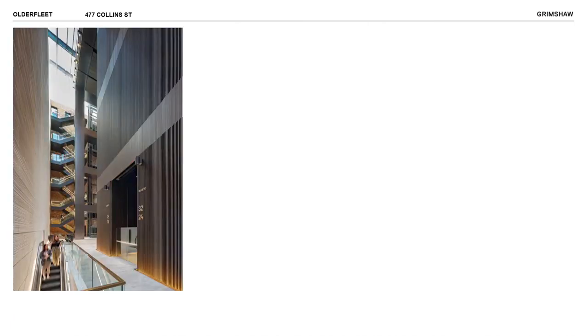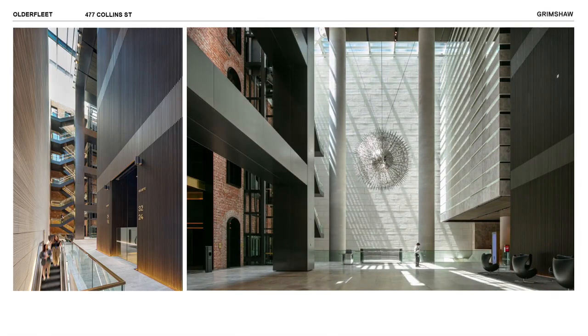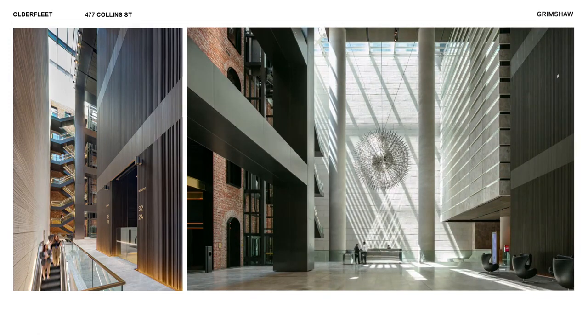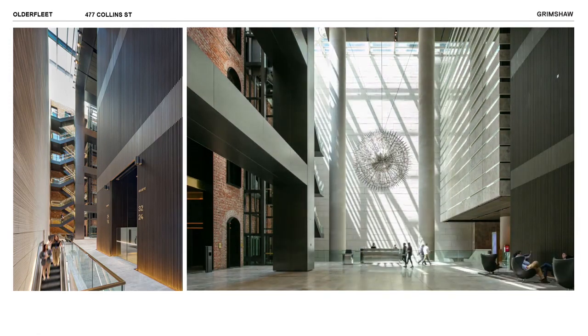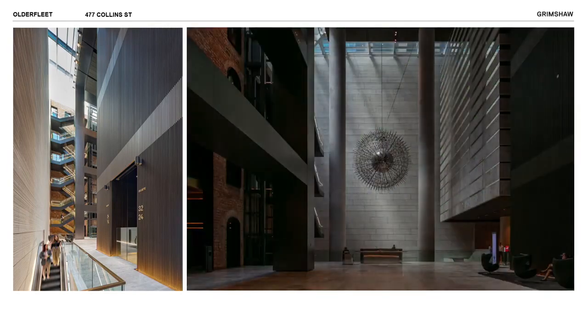Or you can continue along that sort of laneway through to the back of the business lounge, or continue on to the lobby, up back to the Collins Street entrance lobby, and enjoy either the sun coming through the top lit atrium as that sort of slides across the internal walls, or Wolfgang Buttress's representation of the sun called solar, which might look like something else